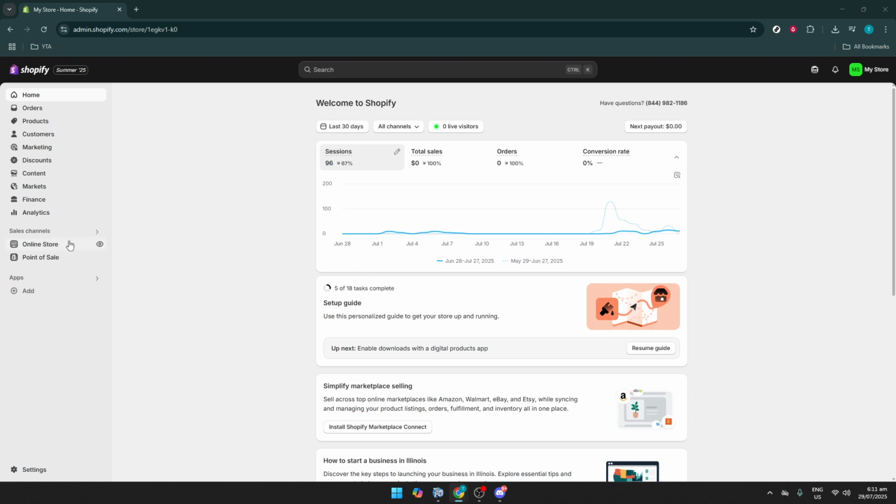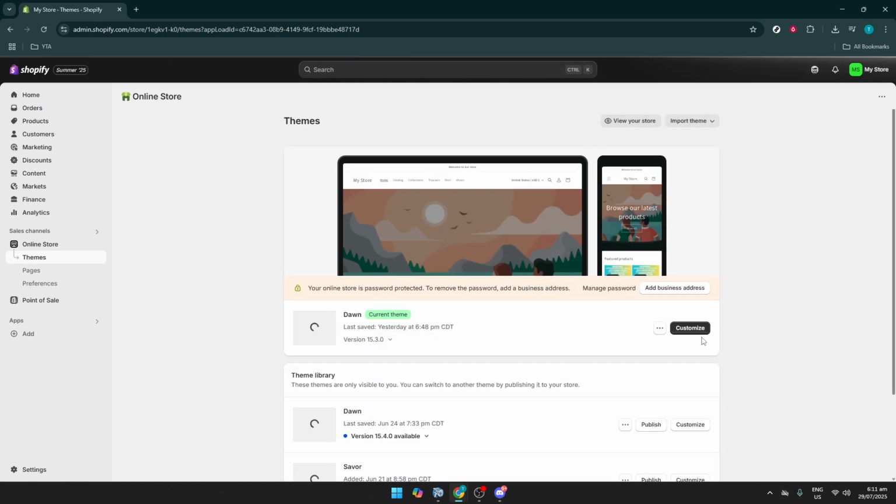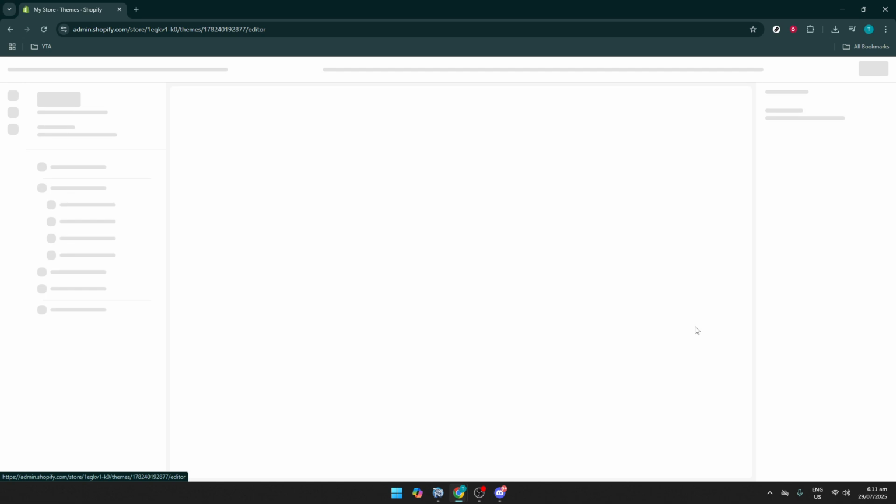Once you've arrived in the Online Store section, look for the Customize button and give it a click. This is where the magic happens. The Customize Theme Editor lets you change the layout and style of your store. It's a very powerful tool that offers you a live preview of your changes, which is incredibly helpful as you